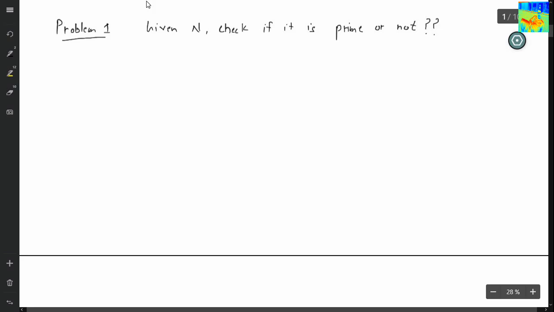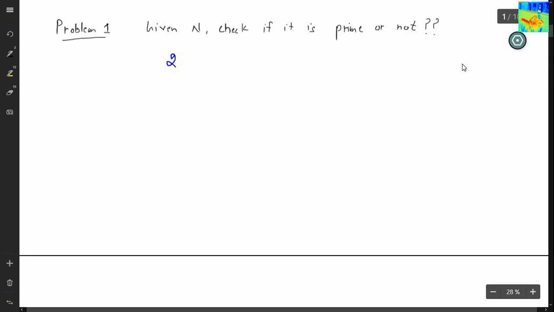If you remember, we have already covered this problem in our previous videos, but in those lessons we drew the flowchart. Today we will be writing pseudocode for the same. So what was our logic to check whether a number is prime or not? My logic was very simple.